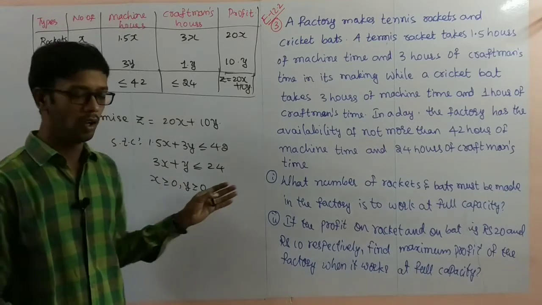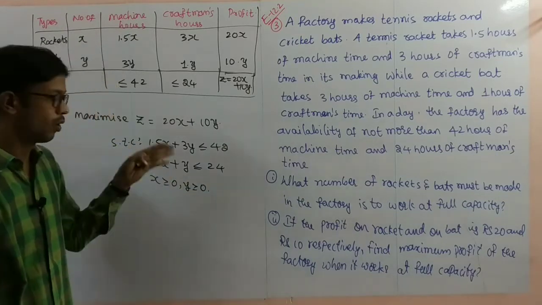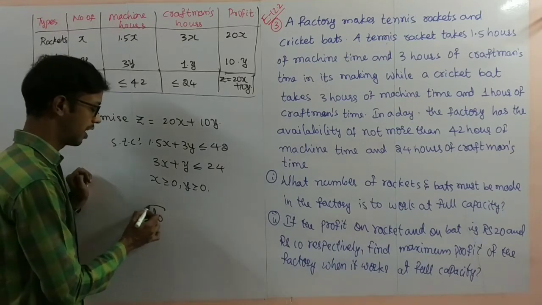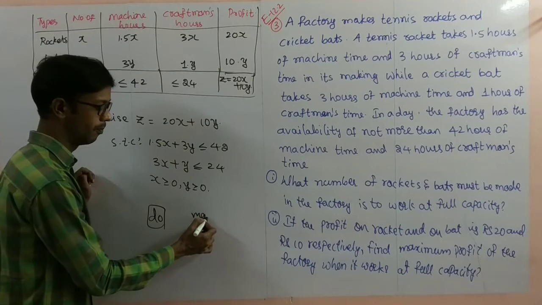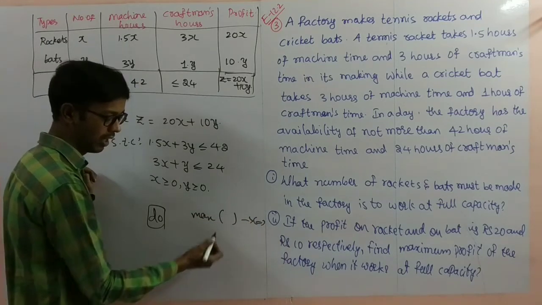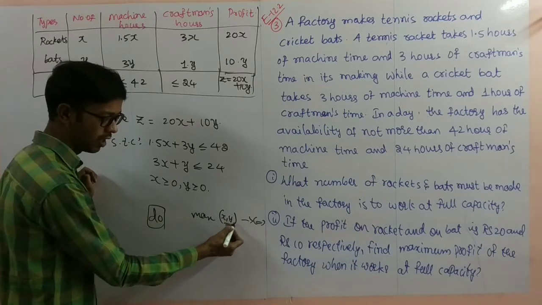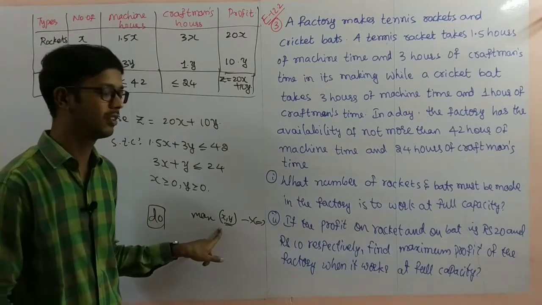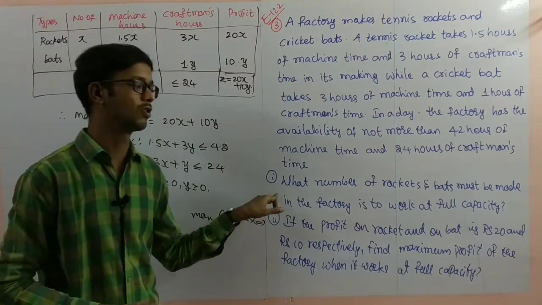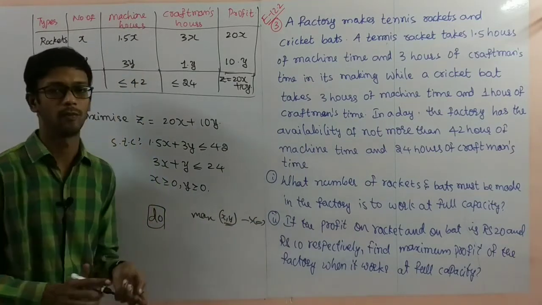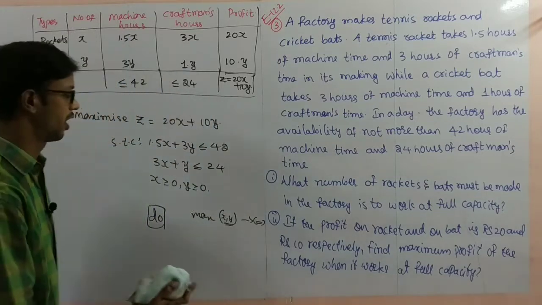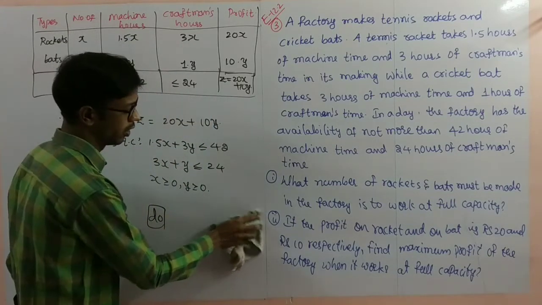So now it is converted into a linear programming problem. You can do the graph here. After getting the maximum profit, you will get some number, and the x and y values at that point. x is the number of rackets, y is the number of bats. This question is also included in this, so no problem. Solve the graph as homework and pause the video to note it down.